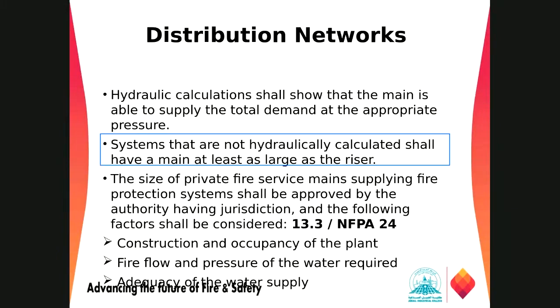if it is like that, suppose your sprinkler system is pipe schedule method. We discussed in NFPA 13 that we have the pipe schedule method. We don't have to do hydraulic calculation. We have to use the NFPA formula and table to size the pipe. So in that case, the fire water main shall be 1 inch larger than the fire protection riser. So if your riser is 4 inch, the underground fire water should be 6 inch, and so on.